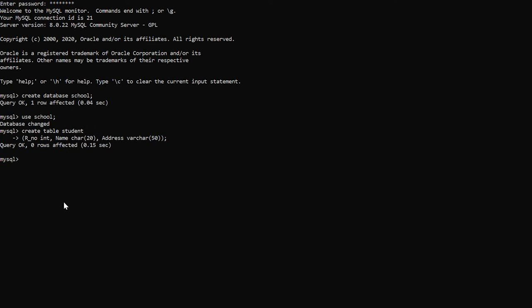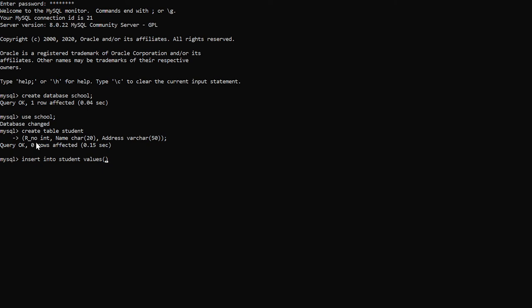After creating the schema of the table, we have to insert records like roll number, name of the student and address of the student. So firstly we are going to use the command insert. Insert into table name, now we have to use values. Inside it, we have to insert the values in the given sequence.